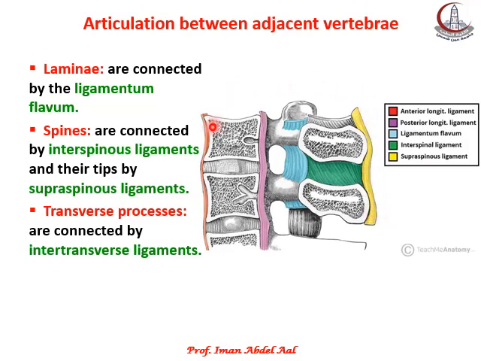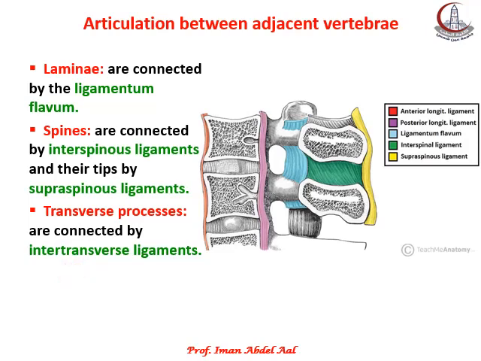If we look at this picture, we can see here the anterior longitudinal ligament between the anterior aspect of the bodies of the vertebrae. This is the posterior longitudinal ligament. This is the intervertebral disc. Remaining are the transverse processes, which we cannot see in this picture. They are connected by the